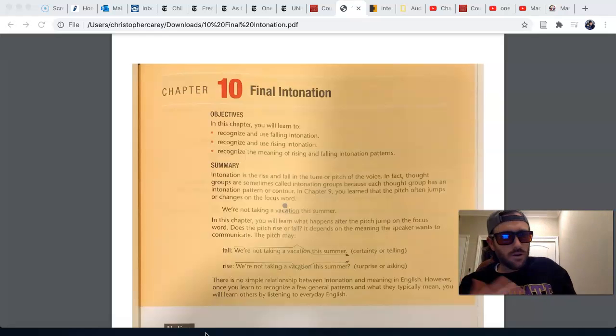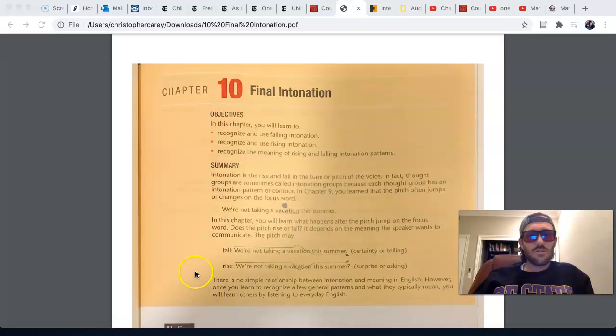For many of you, having already taken 65, you are able to recognize rising and falling intonation. But what we're going to do in this chapter that we didn't do as much last class is look at the understood meaning, the intended meaning of when we use rising and falling intonation. What is the meaning behind that, or the reason behind that? There are a variety of contexts in which we use rising and falling intonation, and so that's what we're going to talk about in this chapter, the meaning behind the use.